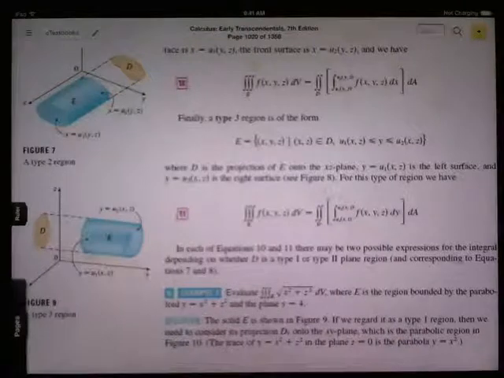Okay. Let's do an example, and the example